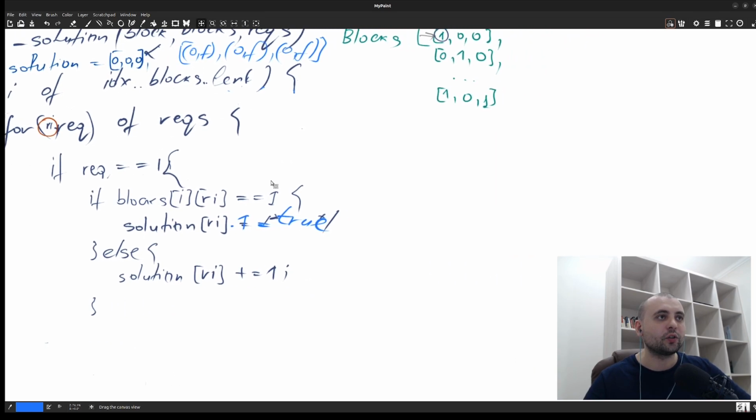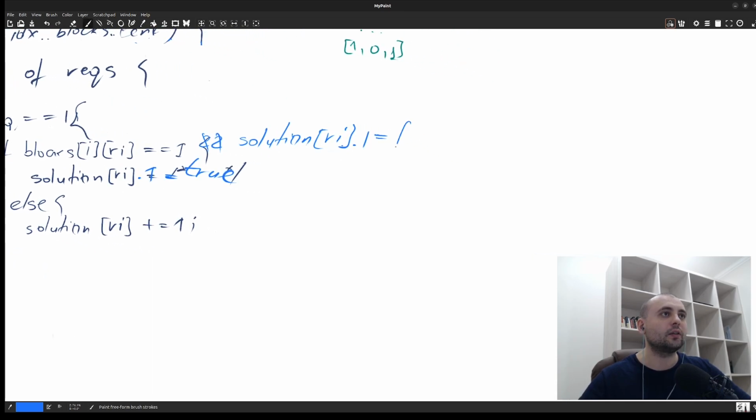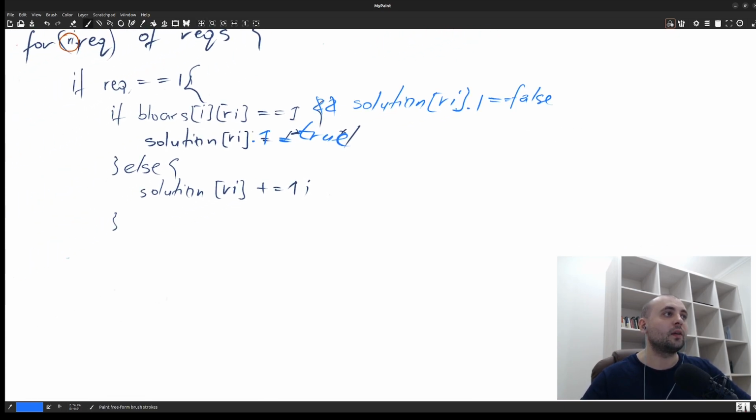So probably this should be extended by, so we check if blocks of index I of Ri equal 1, and we need to check as well if we didn't find a solution for that. If solution of Ri of 1, because the second element of our tuple, if it's false. So if we found this and we write it on the right side and we check if it's false, then we found our stuff. Else,